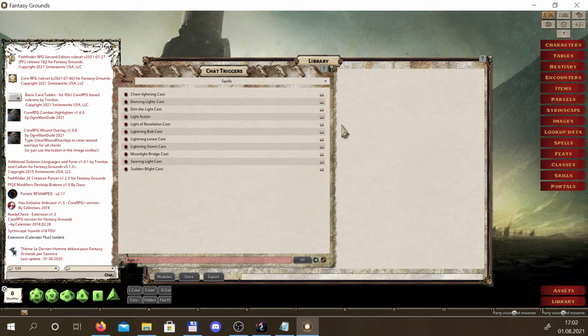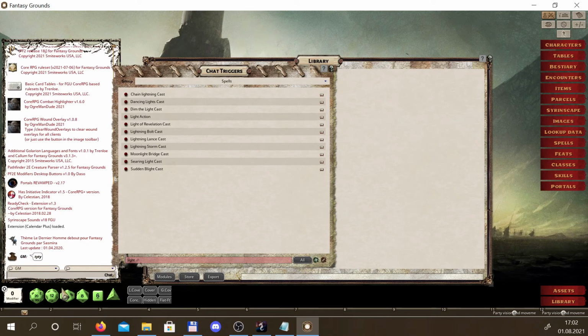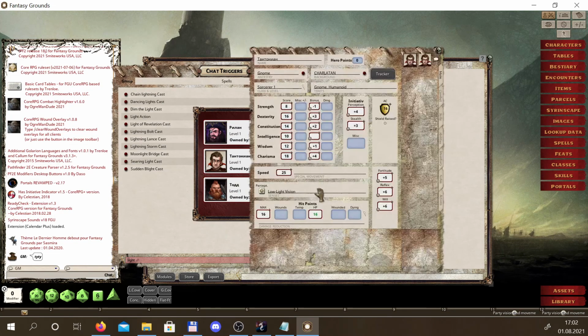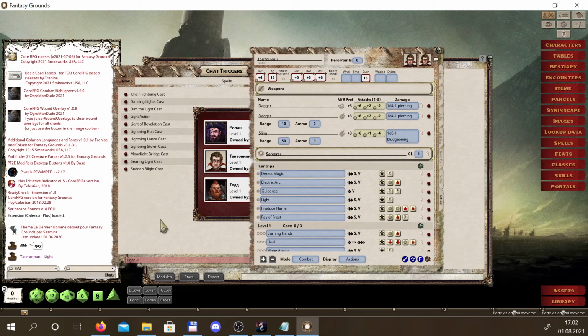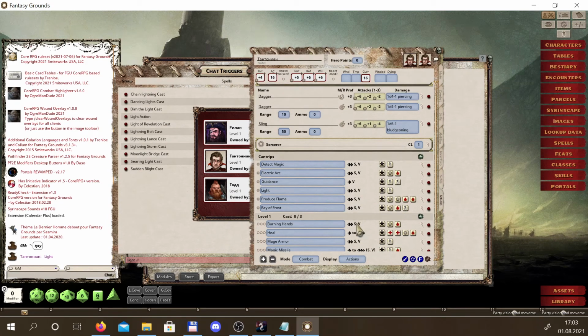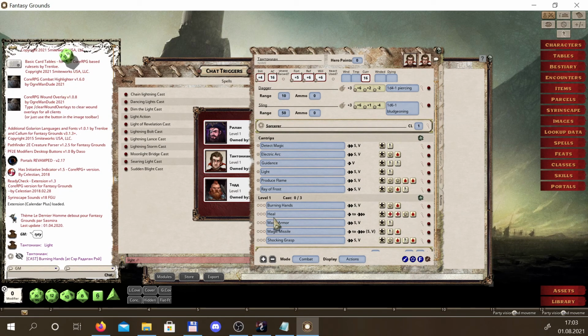So when we print, we hear sounds, and when we open our character actions, when we cast light, we hear sounds again. When we cast any spell,